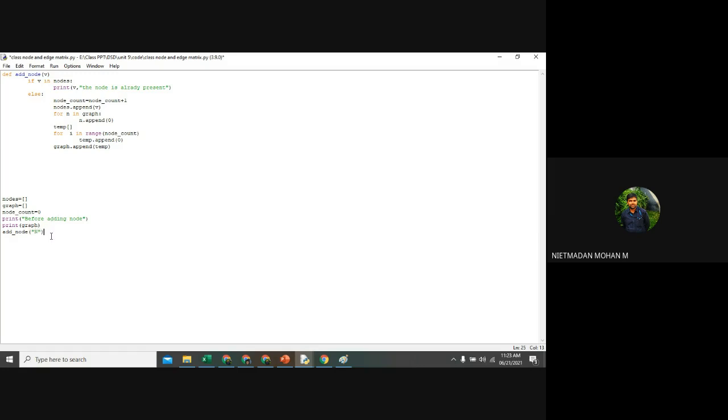So here you can see add_node of i. What will happen? First, this function will be called in the main program, right?